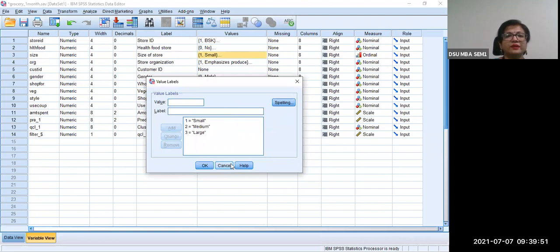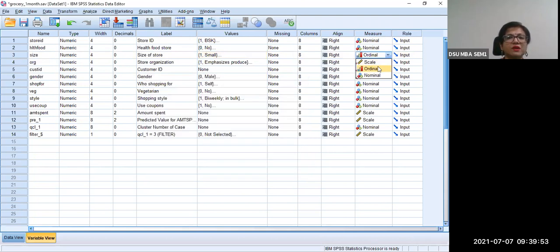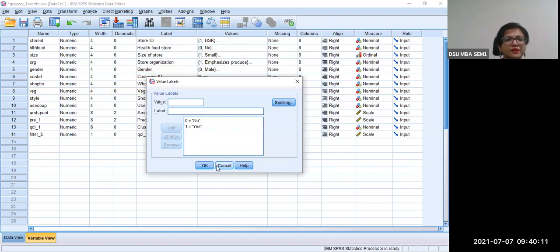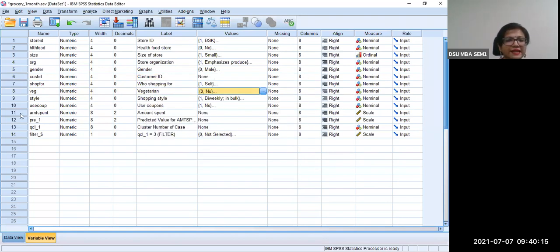And what are you putting in here? The measure you're going to put is the ordinal scale, right? So nominal, ordinal. Let us look at a third type of scale. All right. Let us skip a few variables. All these are entered. You can see that gender, for example, is a nominal scale variable. Customer ID, right? Vegetarian, whether they're vegetarians or not. The data was 0 again for no, 1 for yes, all of that. Let us come to a scale data.